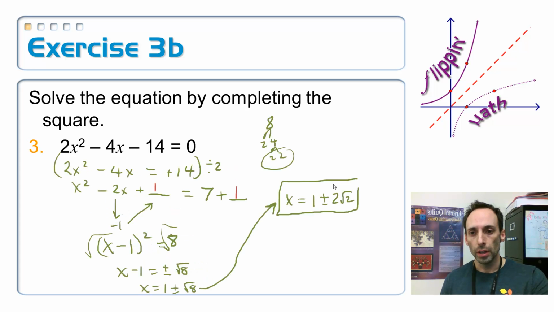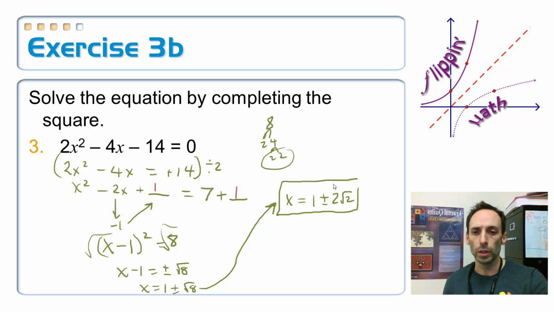And number 3. Number 3 is one of those that you have to divide by 2 since everything is even. I went and added the 14 over and then divided everything by 2. Once I did, it made it a lot simpler. Take half of that middle term, you get negative 1. Square it, you get 1, so you add 1 to both sides. Factor it, take the square root. On this one, whenever you go to factor it, or take the square root, you get square root of 8. Remember, square roots, you want to try to put them in simplest form, so that one became 2 square root